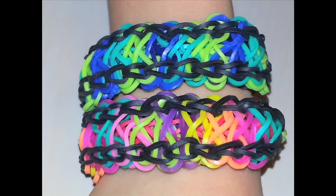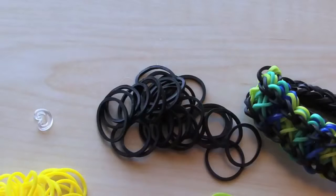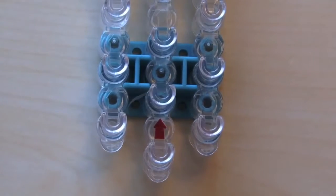So what you're going to need for this are, I'm using 6 colors, but you can use 3 colors, and then you want your black color as your outside base. You will also need a C-clip. Okay, let's get started. Always start with the arrow pointed up away from you on your loom,